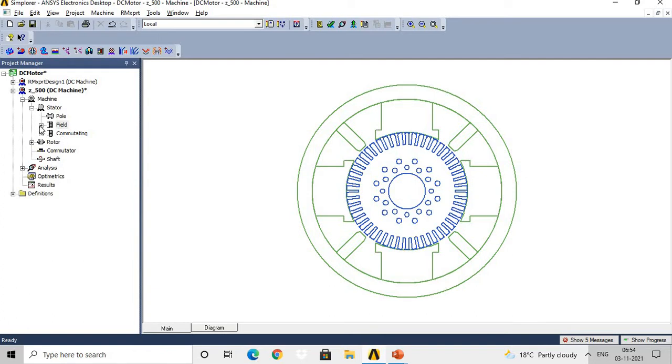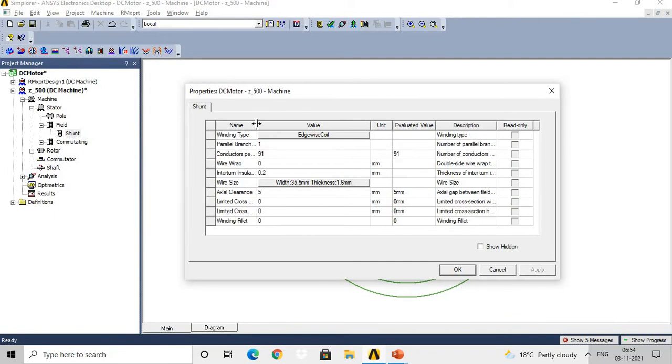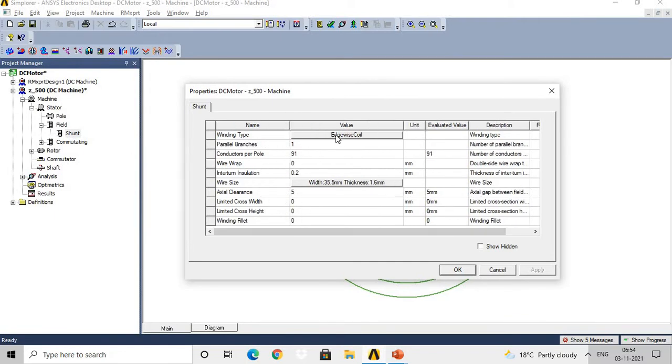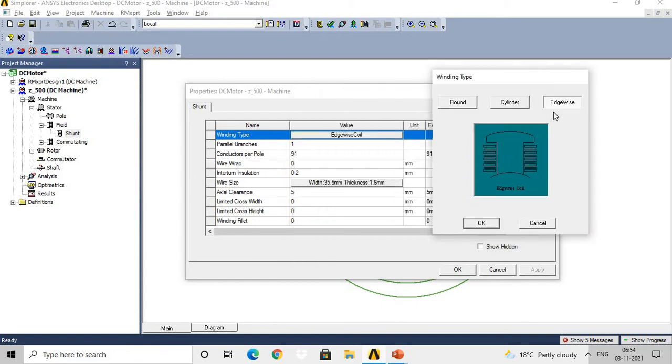Now when we press on this plus button, then it will ask for the shunt winding details. So when we double click on the shunt, there are options like winding type. So here if we click on the winding type, you have different options like round winding, cylindrical winding, edge winding, etc. Okay, so here we have selected the edgewise winding, so just enter OK.